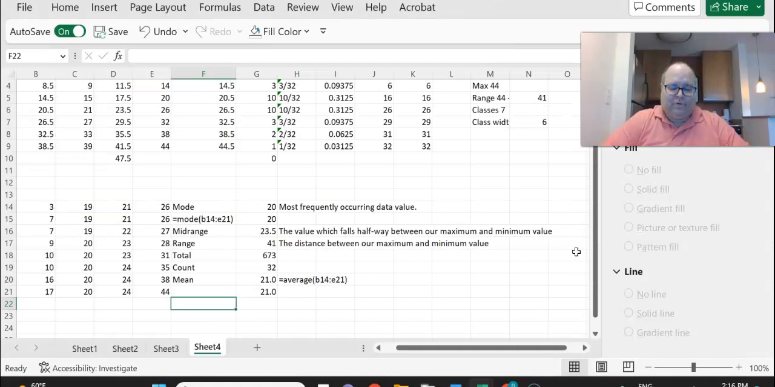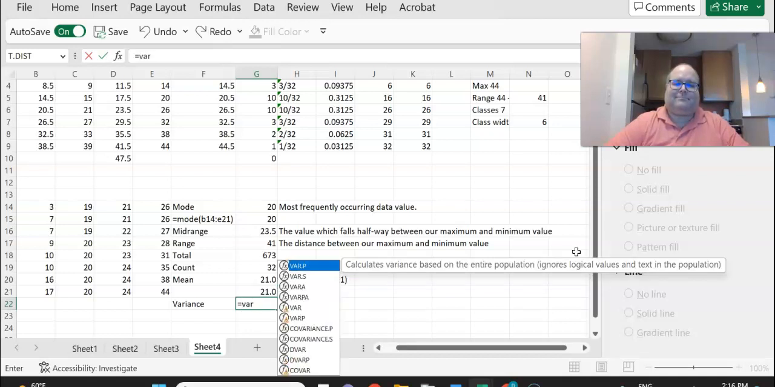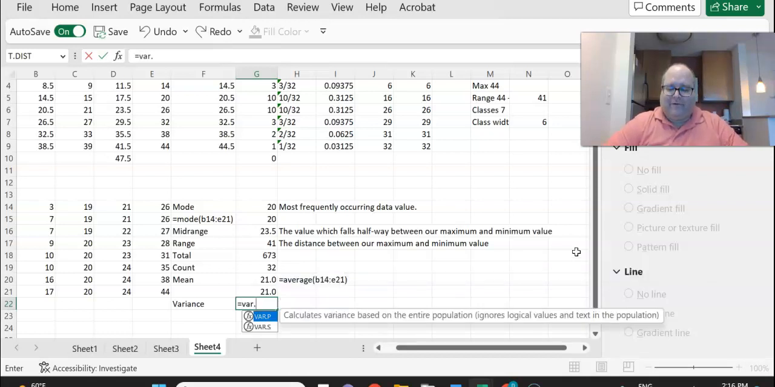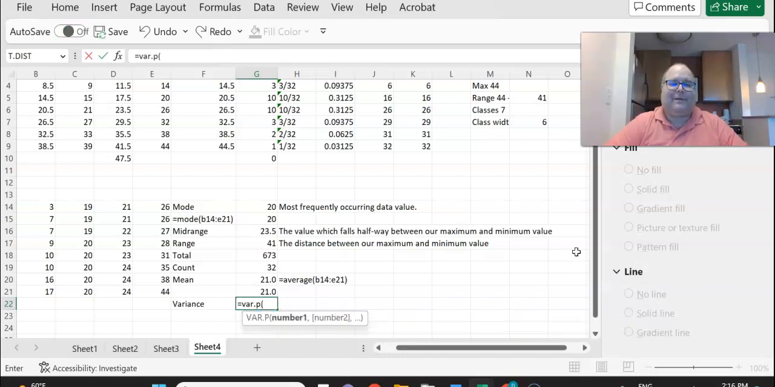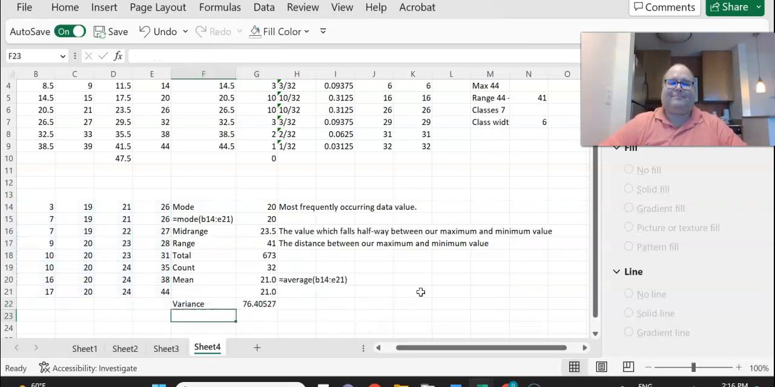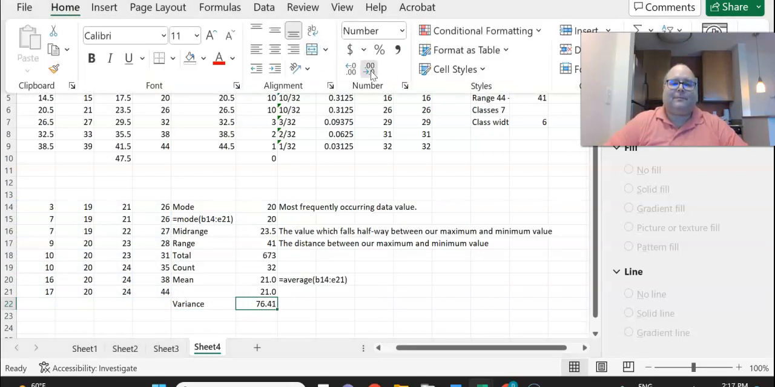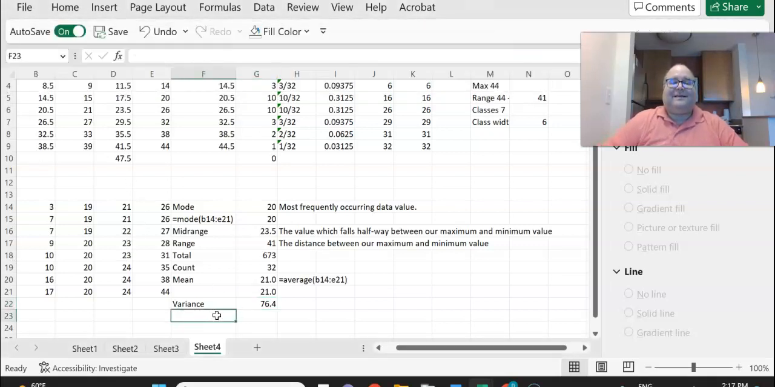Or we can use our computer to give us a hand. VAR.P gives us our population variance. And we highlight all of our data, and we get a value of 76.4. And this is the square of our